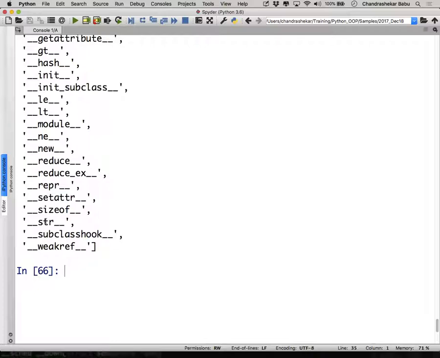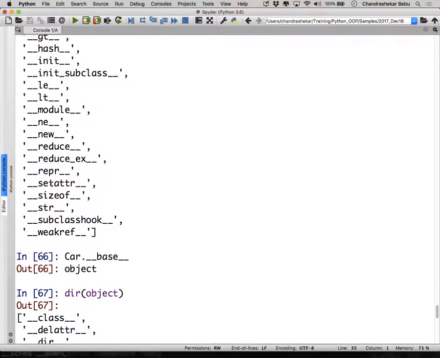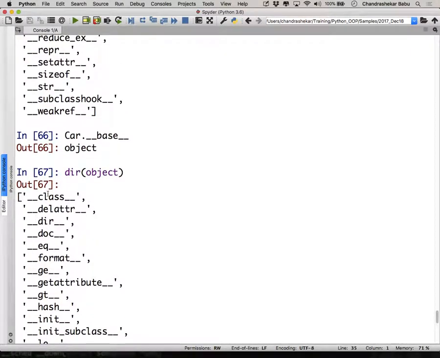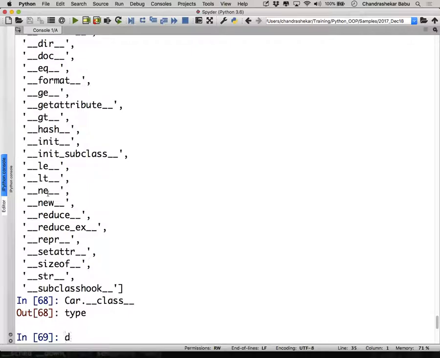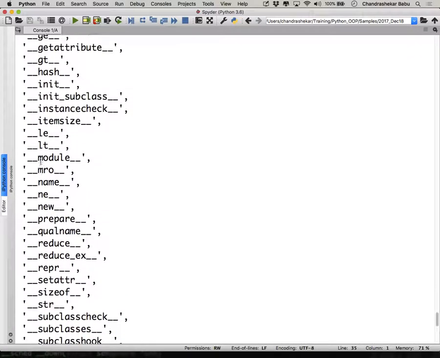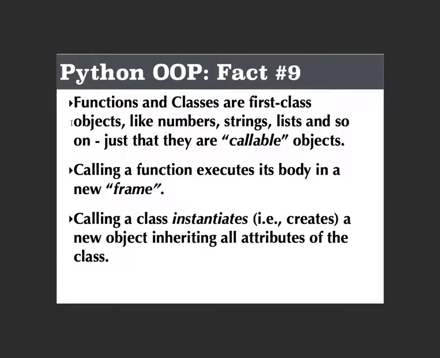Because it is inheriting from its ancestor. It's going through some inheritance hierarchy. So if you look at car, car has a base class, which is object. So you say dir of object, right? Even object doesn't have call, sorry. It's also an instance of type. Car is an instance of type. Now we say dir of type. All types are callable objects. Types are callable objects. Clear? It's coming by inheritance hierarchy, or instance hierarchy. Okay? So coming back to this.